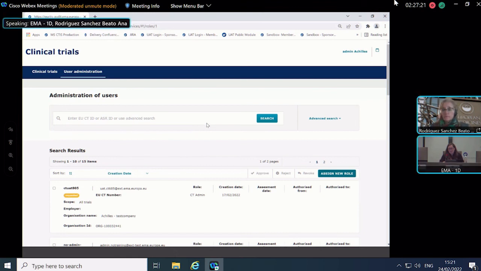Thanks, Anna. Then there have been a few questions around who can see IMPD-Q data and who can see RFIs related to IMPD-Q data. So can you comment on that? Well, yes, quality IMPD data can be viewed obviously by the CT admin because they have all the permissions, and then by the quality IMPD preparer. These are the only roles. The other roles cannot view quality IMPD related information. So CT admin and quality IMPD preparer.